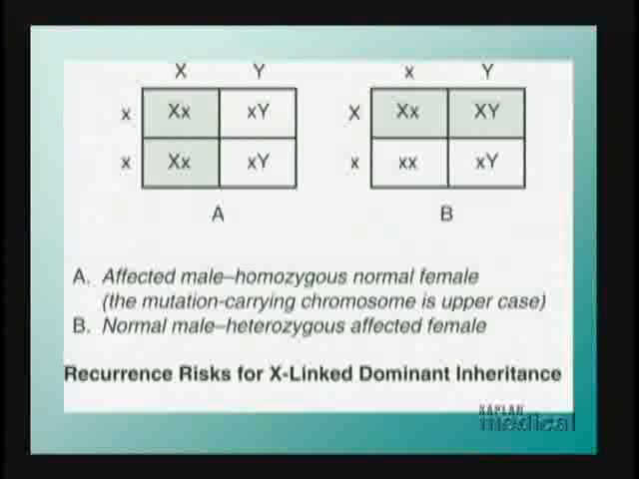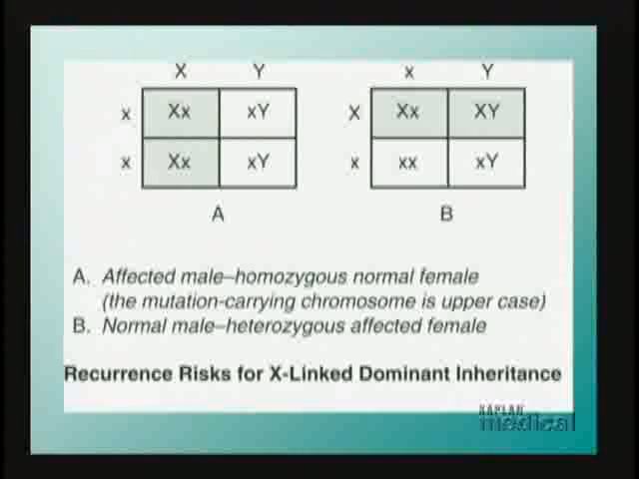For couple A, the Punnett square is on the left top of this screen. Remember, in couple A, the father was affected by the disease. The mother was homozygous normal. Remember, since we're talking about an X-linked dominant disease, the capital X represents the mutation. The normal allele is represented by a small x,